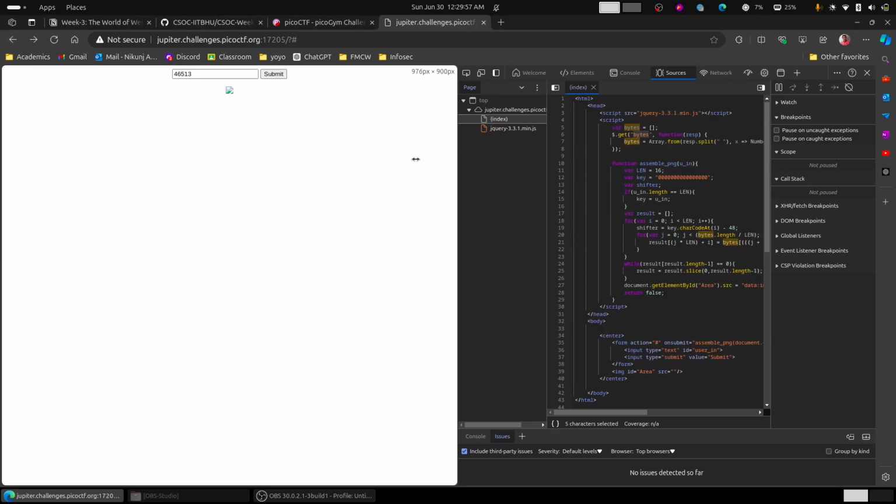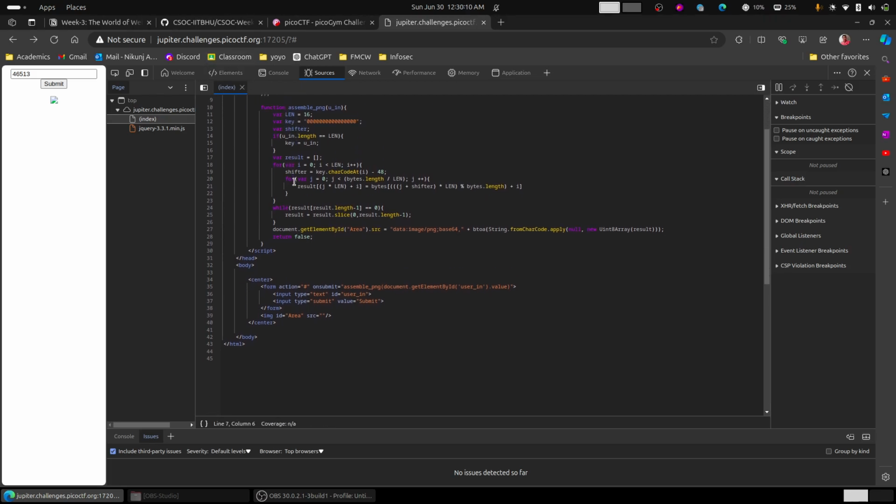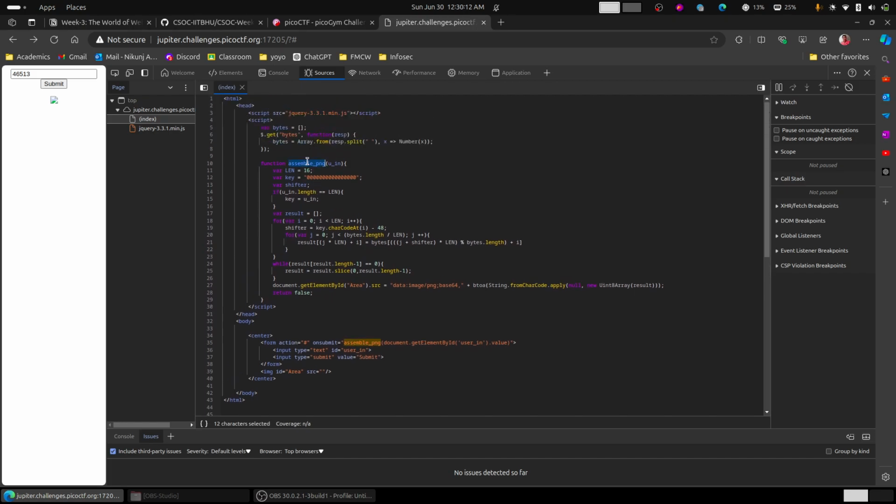Then it is splitting it with fork, and basically it is making an array of bytes that we have shown previously, and we have a function assemblePNG which is taking a key of 16 length that we are submitting here,